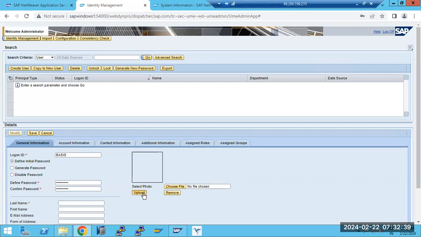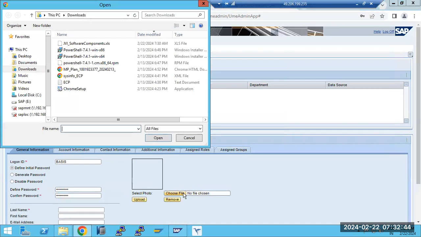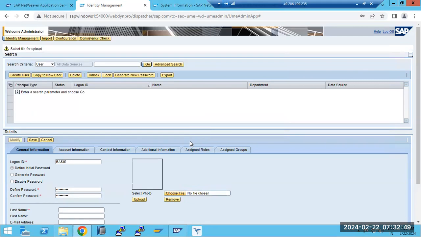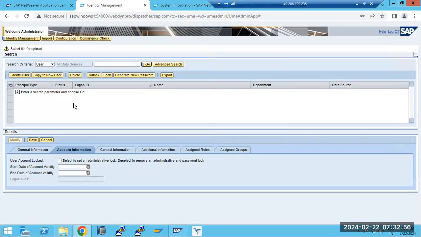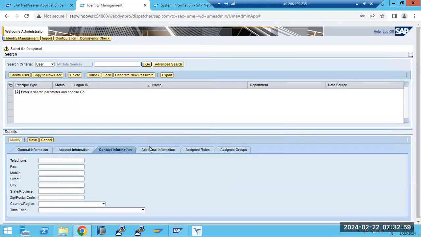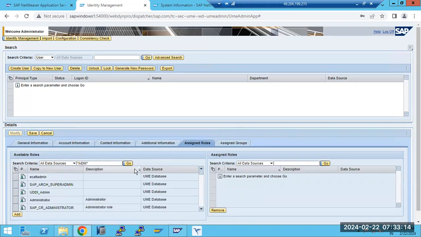Here one more thing: you can also set a photo. You can upload your photo, your first name, then email address, all those things, account information here. Roles are very important here. On the Java side we have different roles. Maybe if you choose admin, then here you will get the